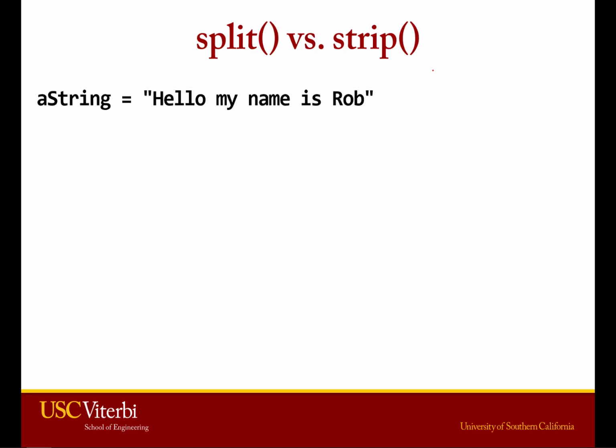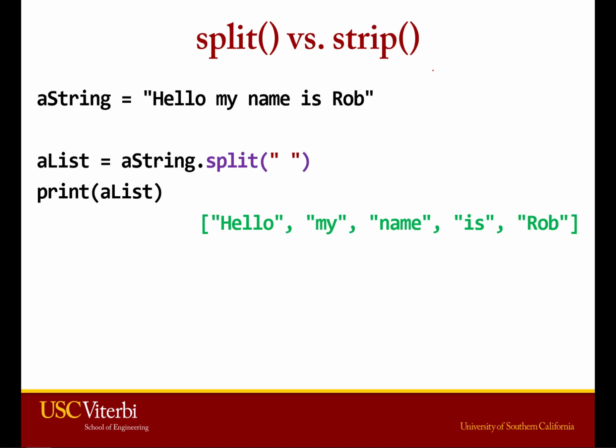Split is a different story, as we just looked at. What it's going to do is take hello, my name is Rob. It's going to look where this space is, remove that space, and then separate every item into a list. So this becomes position 0, 1, 2, 3, 4, and we can see that's exactly what we get down here. 0, 1, 2, 3,